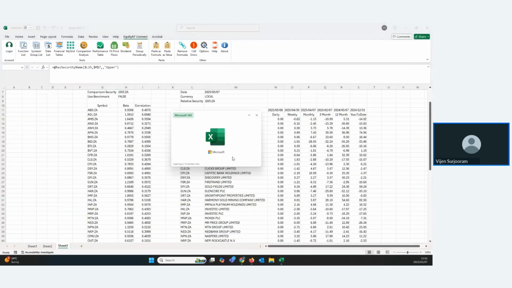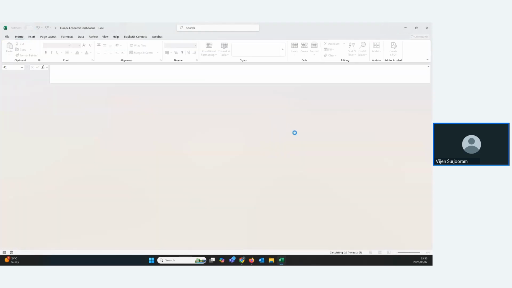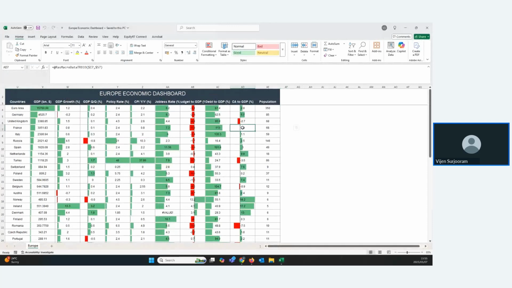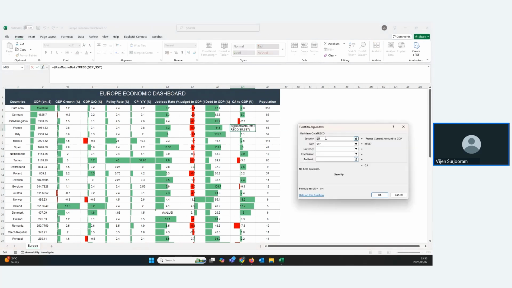Let's give it a second. So, for example, if I look at this template, this is also automated. You'll see as I'm opening it up now, it's busy calculating and updating. It's doing its thing. And you'd see here that the function that's used for economic data is res macro data tracker. So if I click on that, again the logic, it's referencing a security, it's referencing